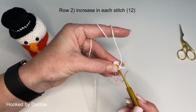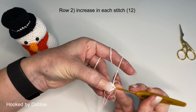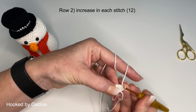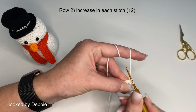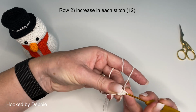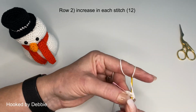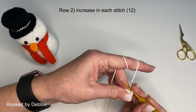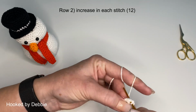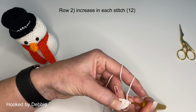Row 2, we are going to increase in every stitch. So we've got 6 on there at the moment. We're going to end up with 12 at the end of this row. So this is the first one. Go back in that same stitch. That's number 2. Next one's 3 and 4. And then 5, 6, 7, 8, 9,